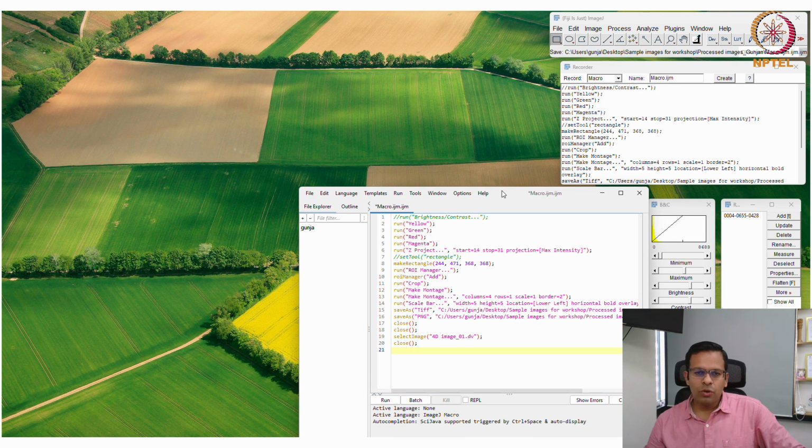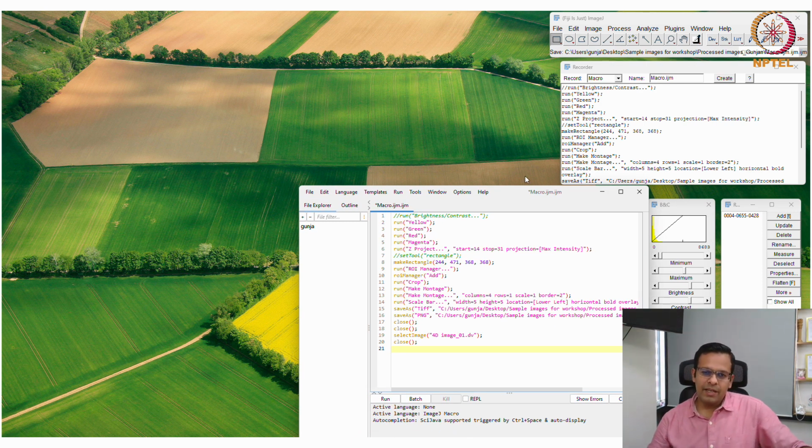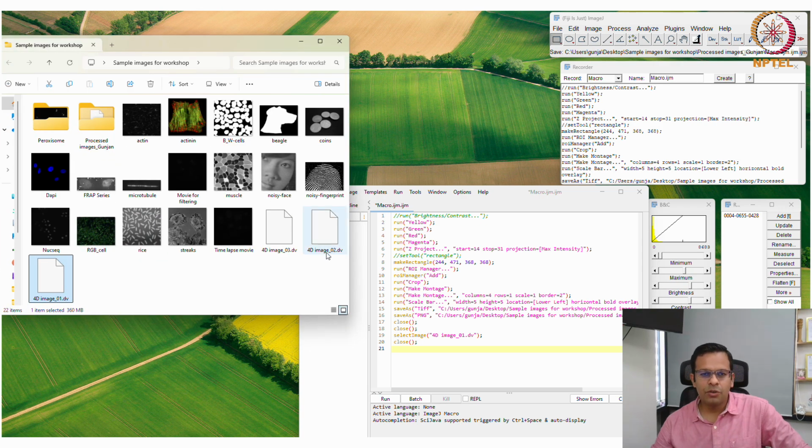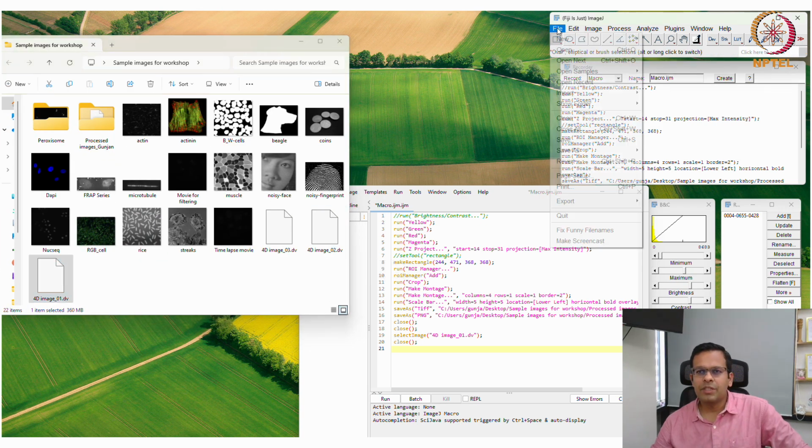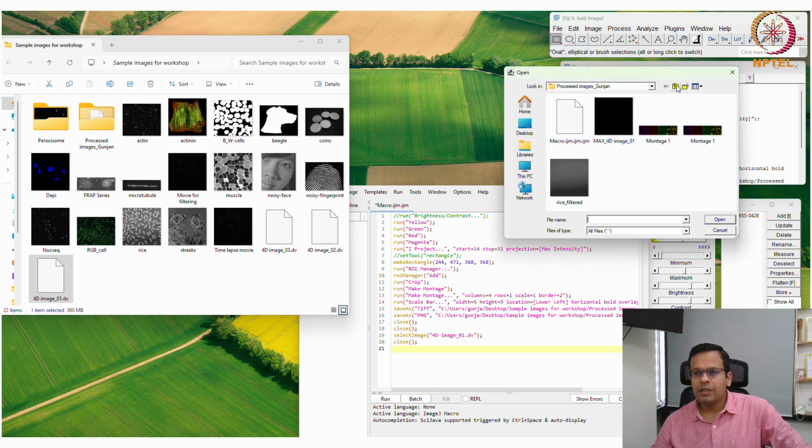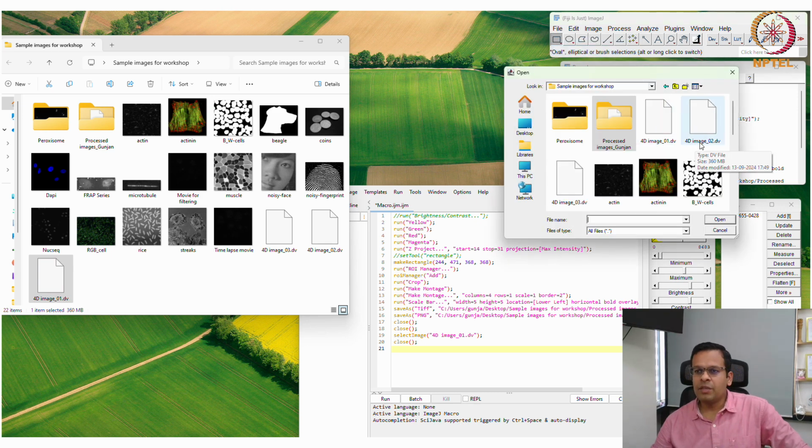Now the next goal is to open the second image, and I want all the steps to be followed automatically. So what do I need to change in this macro? All these things were performed on 4D image 01. Now the file name of our second image is 4D image 02. So let me open this file: Open, 4D image 02.